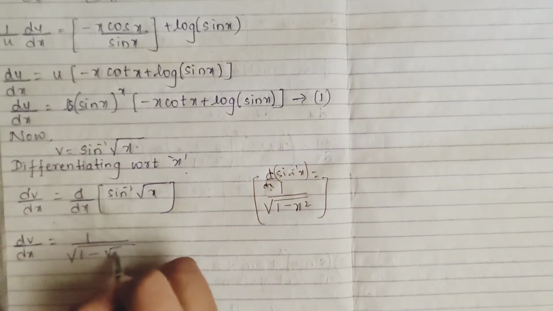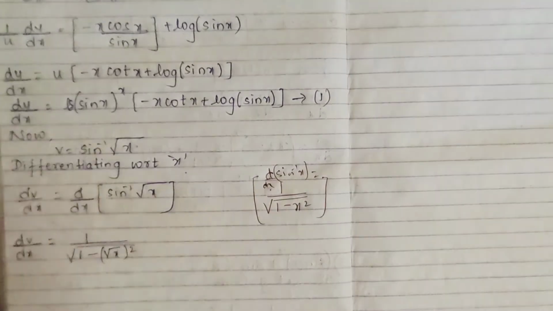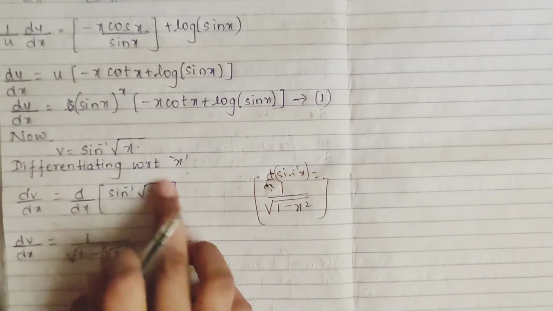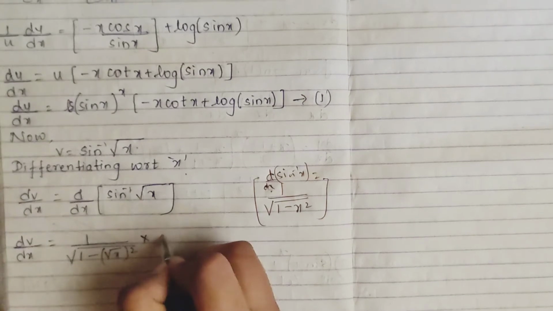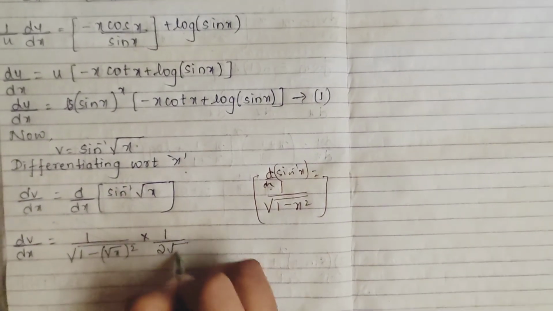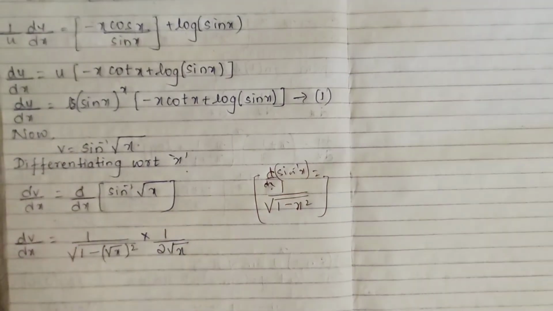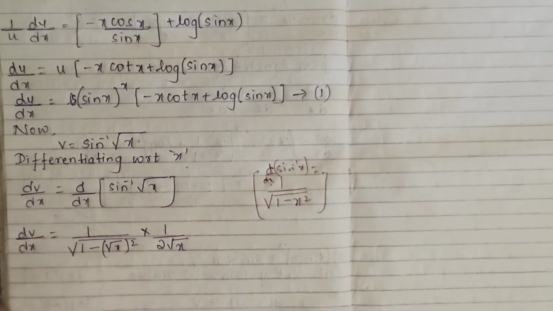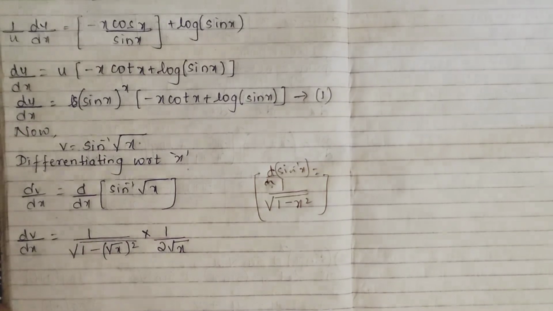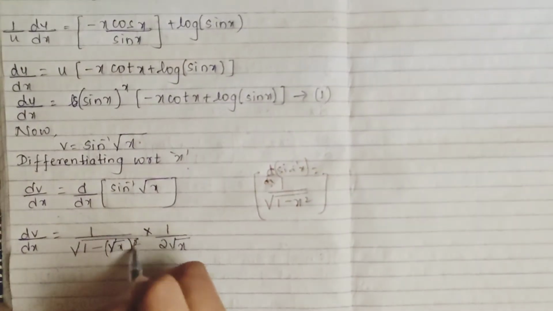So root x, again it is squared, right? After that, again you have to differentiate root x also. So root x differentiation will be 1 by 2 root x. You have to solve. If you have such problems, you have to solve until and unless you get a proper number. I have said, this is your chain rule, so be careful. After this, here this root and this 2 get cancelled.